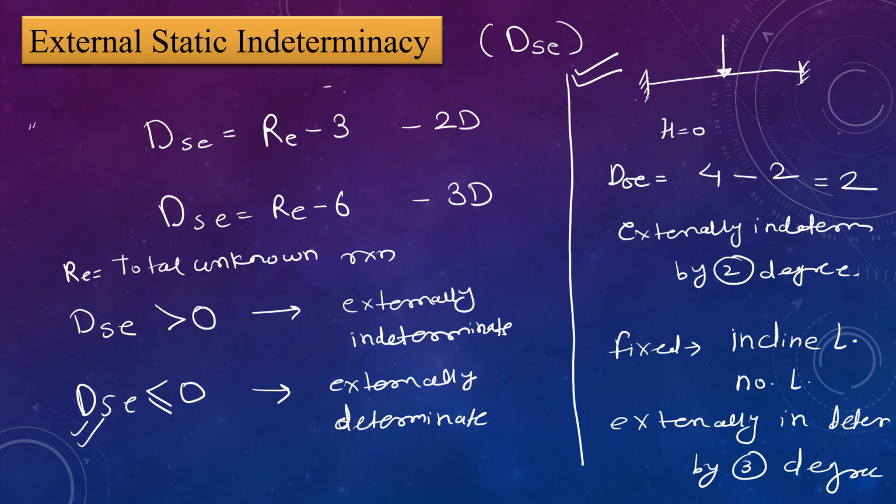If a fixed beam is subjected to point load, then that beam is externally indeterminate by 2 degree, and if a fixed beam is subjected to inclined loading or no loading, then that beam is externally indeterminate by 3 degree. Okay, here, indeterminate by 3 degree. Then